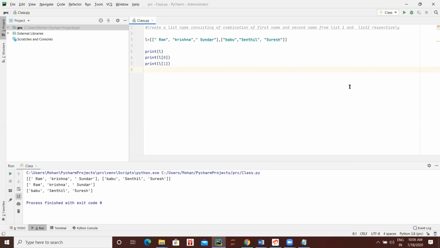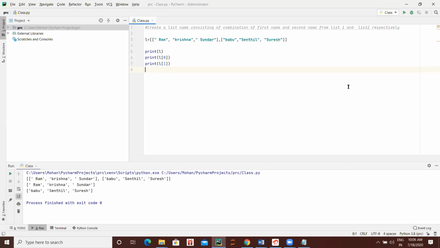Got it? Now I want to combine, let's say it should come Ram, Babu, Krishna, Senthil, Sundar, Suresh. Like that it should come. How to do it? There are two methods, sir, actually. You can define a merge, where the two lists will be added.